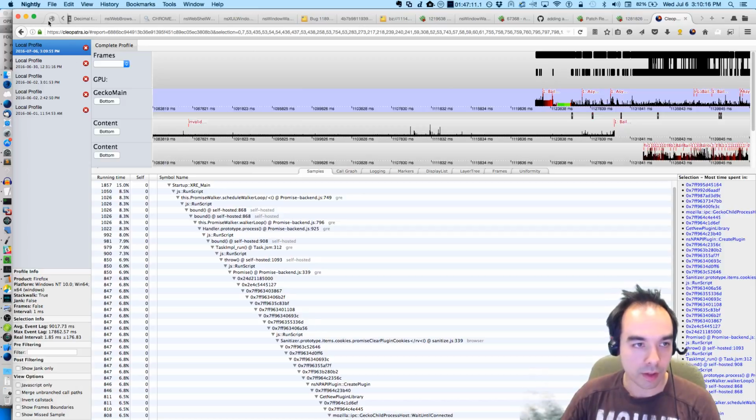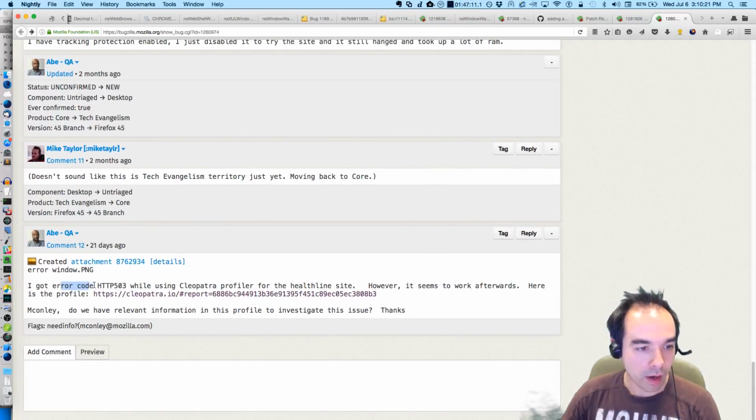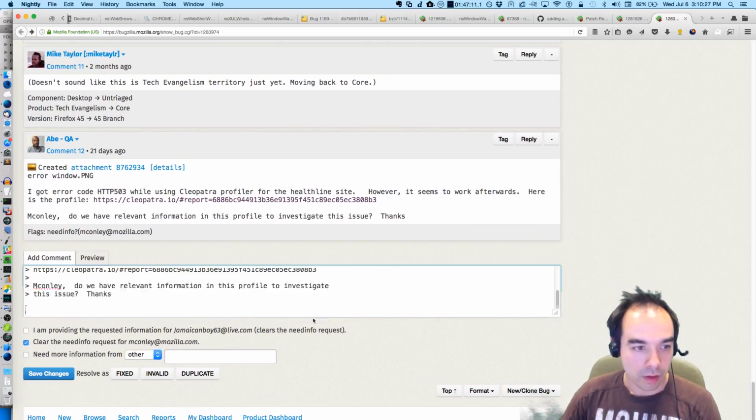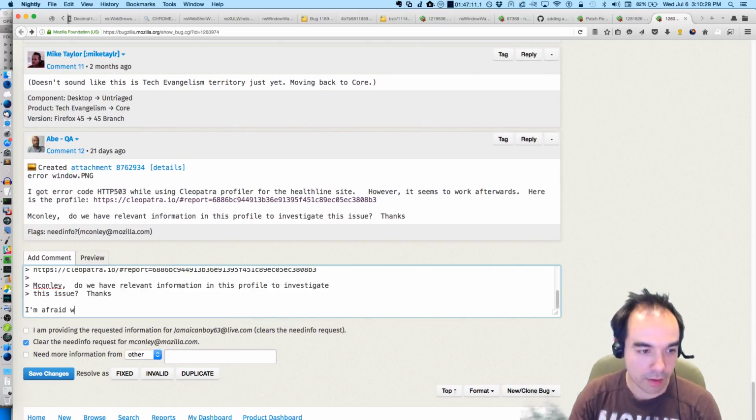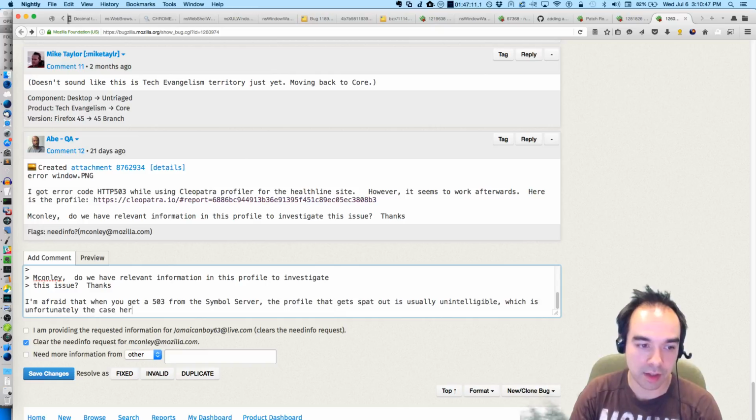Clear plugin cookies. I got error code while using the Healthline. I'm afraid that when you get a 503 from the symbol server, the profile that gets spat out is usually unintelligible, which is unfortunately the case here.